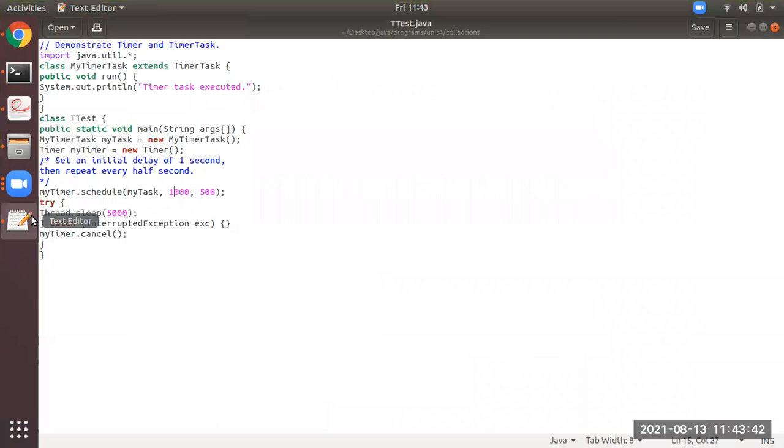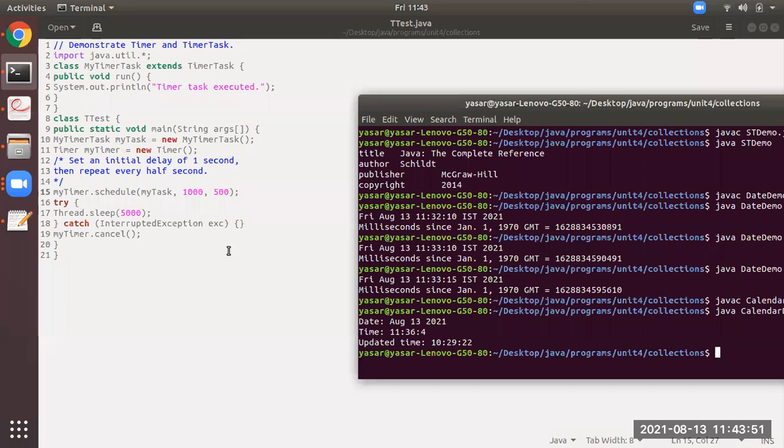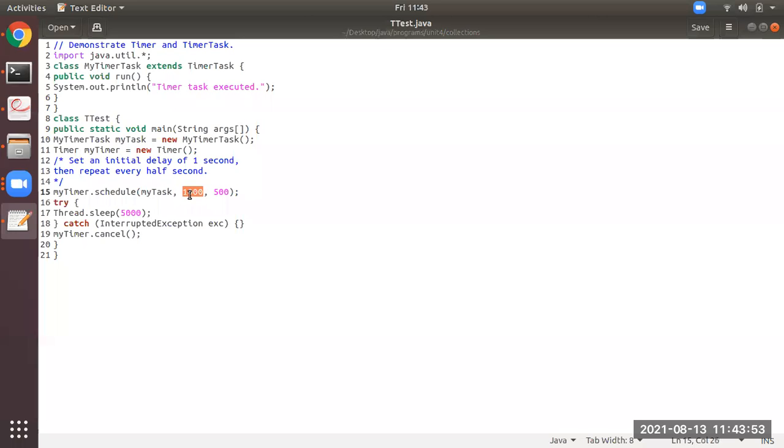So see, students, this is the program of Timer and TimerTask. Before I explain the methods and the theory part, I will make you understand the definition of Timer and TimerTask. See here, this is a schedule method. With the help of this schedule method, you can set a task to execute after a certain amount of time.